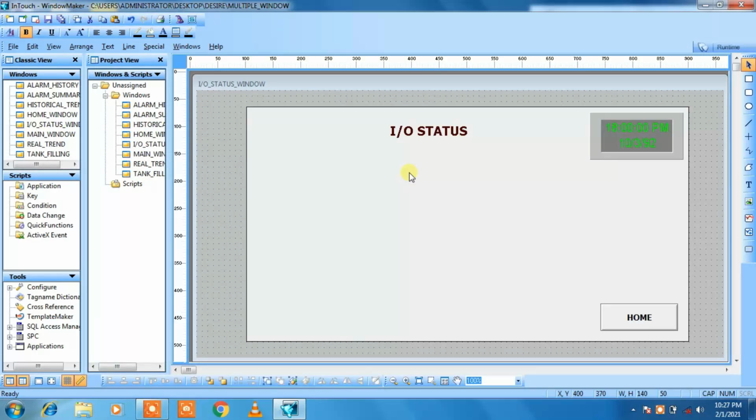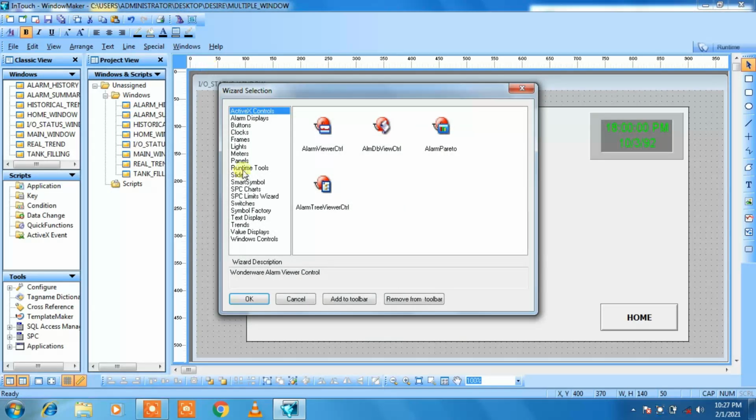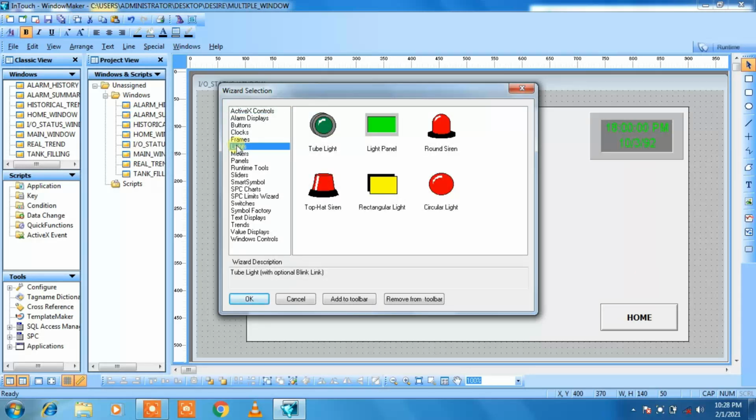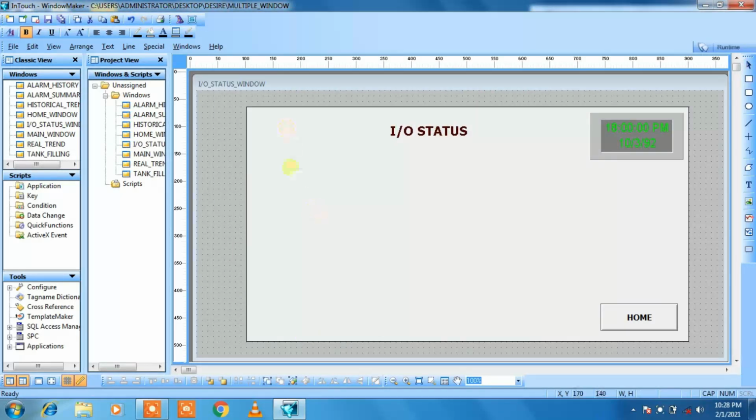So for that we will take a lamp as an indicator. Go to the wizard and there is lights in wizard selection window. Go to the lights and we are having some options. Let me select light panel as an indicator, click on OK, click on screen.